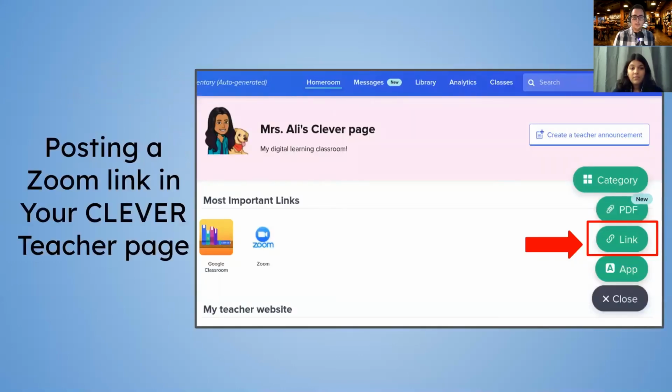So one way people are sharing the links to their Zoom meetings with their students is they're posting them in Clever on their teacher page. When you're in Clever, when you log in at the top, you'll see your teacher page, and then you can add links to different resources. When your students log into Clever, they'll see the teacher page at the top. They can click on that teacher page, and then they have access to all the links that you share